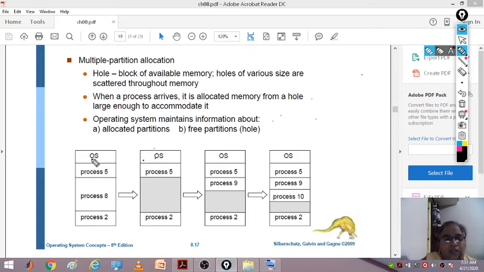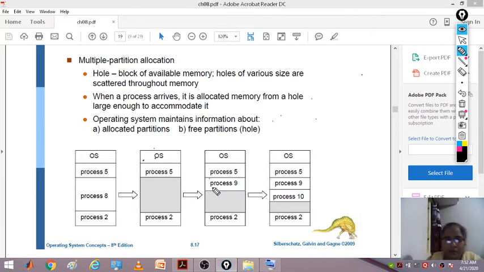Think of this as your main memory. The operating system is there, and process P5, process 8, and process 2 are there. In this figure you can see that process 8 has finished its execution, so a large hole is created. Now a new process 9 has come.